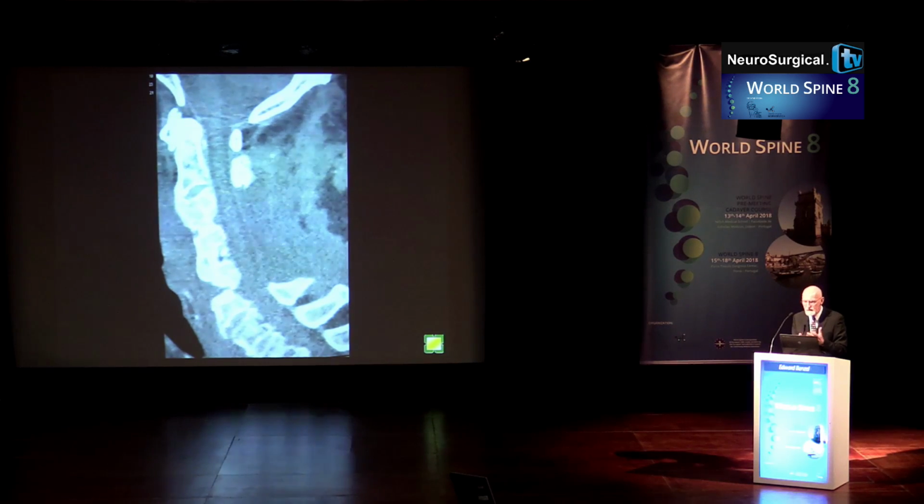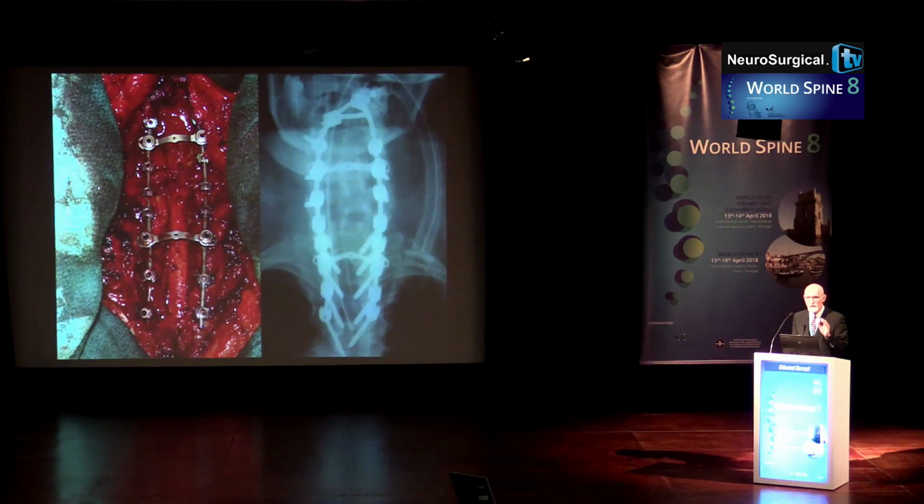This CT was taken about 6 days later with her placed in bed after closing her wound and putting her in extension using the principle of viscoelasticity, and then seeing that we